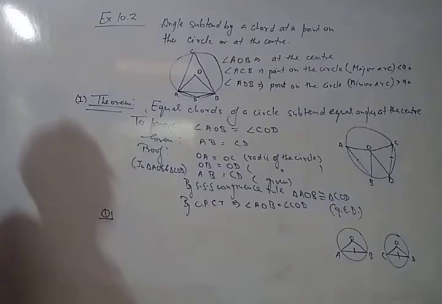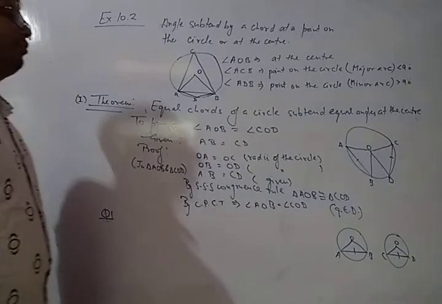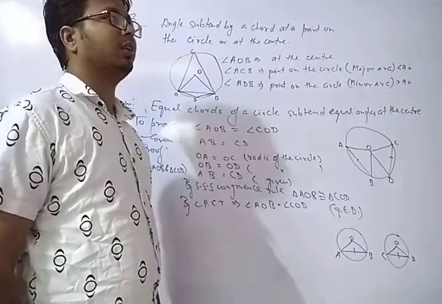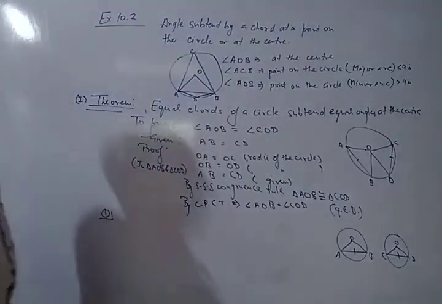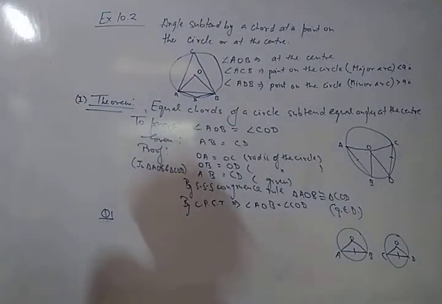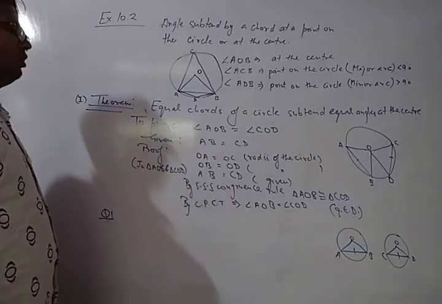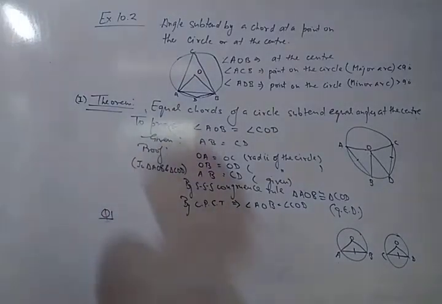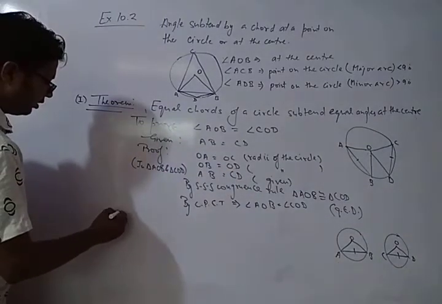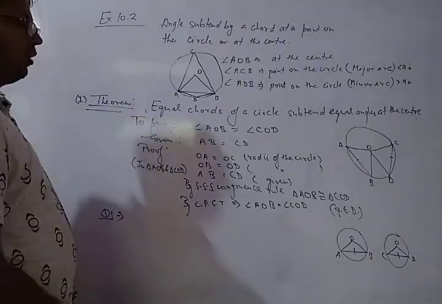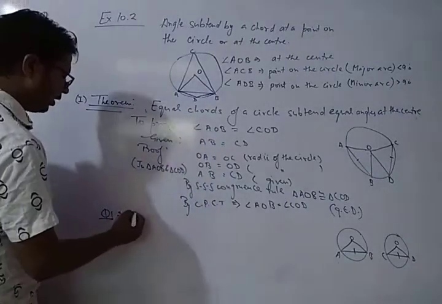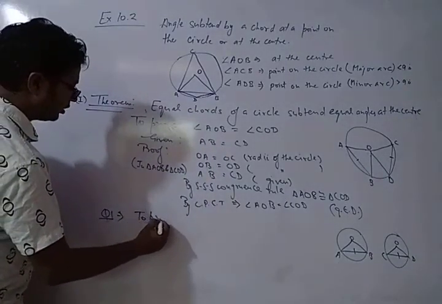So the radii will also be equal, as two circles are congruent if their radii are equal in length. दो सर्कल कॉन्ग्रुएंट कब होते हैं? जब उनकी जो लेंथ होती है रेडियस की वो क्या होती है? इक्वल। That's why. So same thing you will do yourself, taking by comparing. We will write that to prove the same thing.